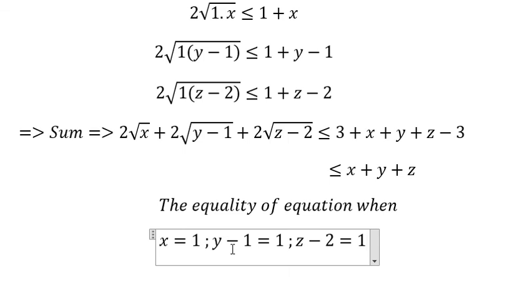So we move negative 1 to the right, negative 2 to the right, so you get 3, and here is the